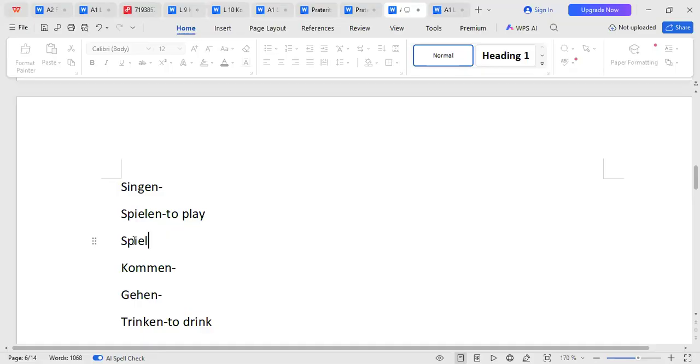After removing the en, you want to distribute the spiel depending on the subject. So if it is ich, write your ich there. Put your spiel, put the e ending: ich spiele. I am playing, I play. With du, you know du is you. You have the du, the spiel, but not the rule that with du we had st: du spielst. You are playing or you play. The rules maintain. That is second person.